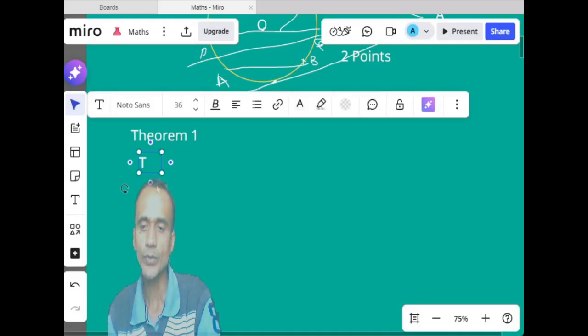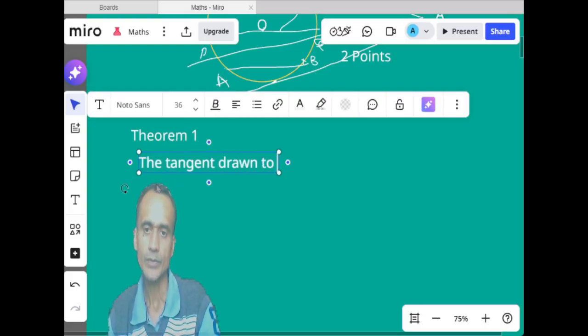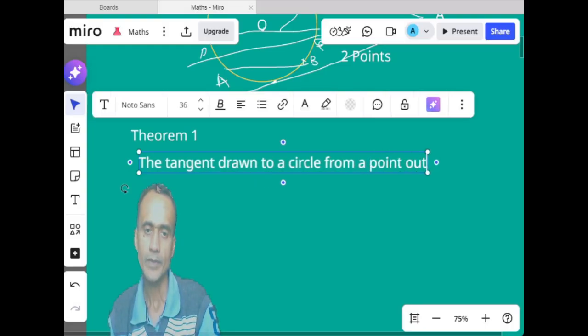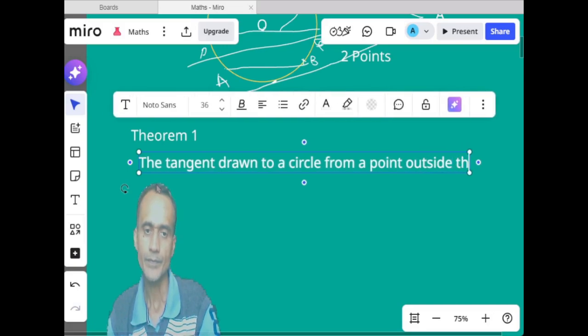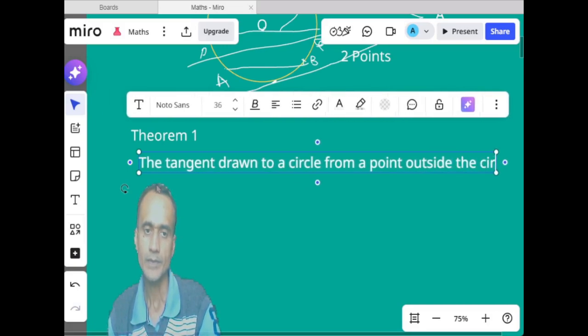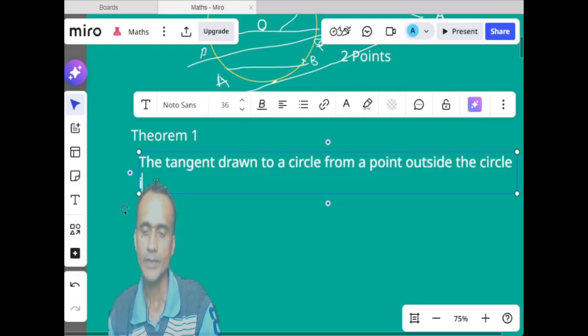So we go to the first theorem. It states that the tangent drawn to a circle from a point outside the circle is